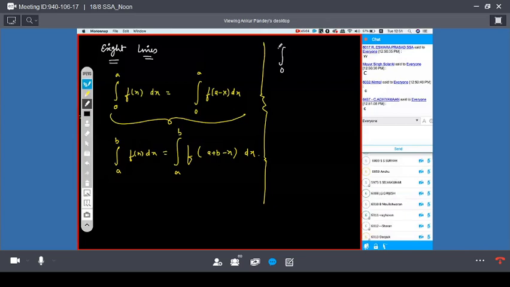I mean that integration 0 to pi by 2 of sin x dx